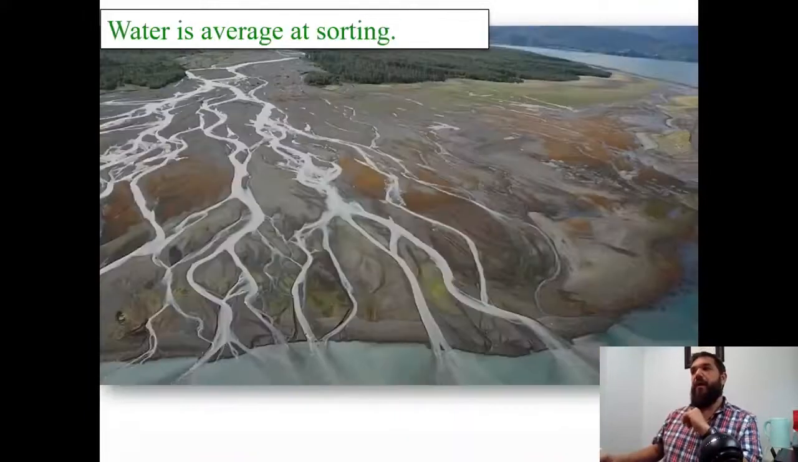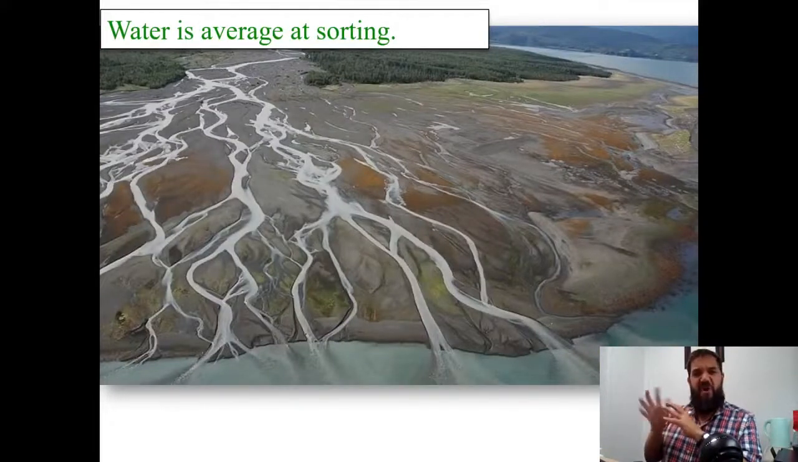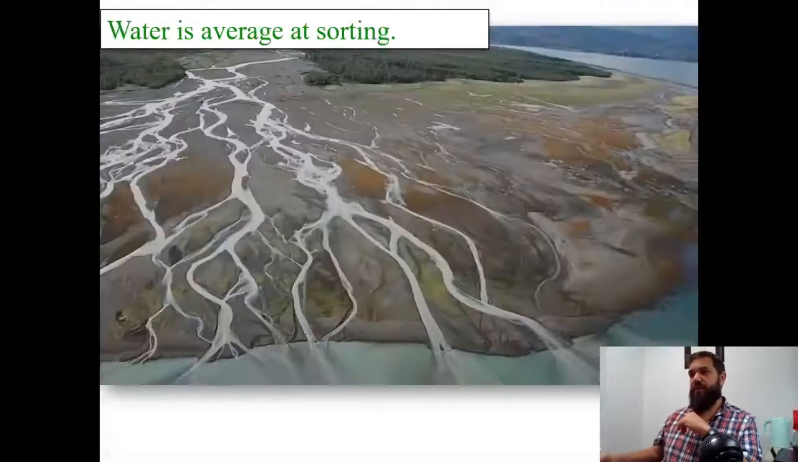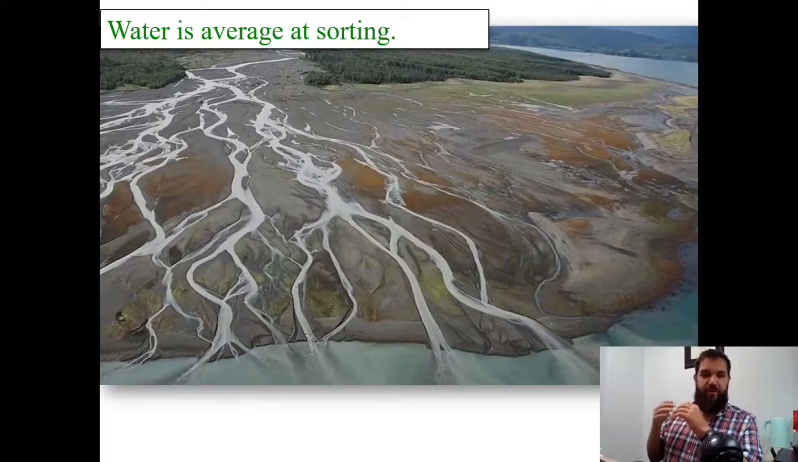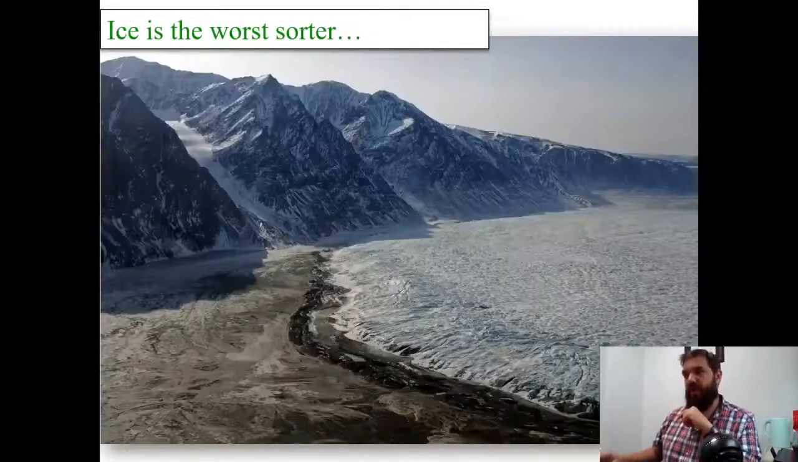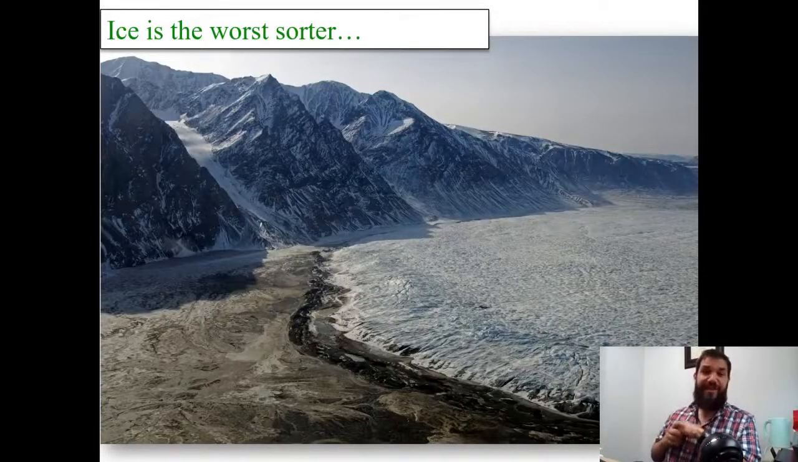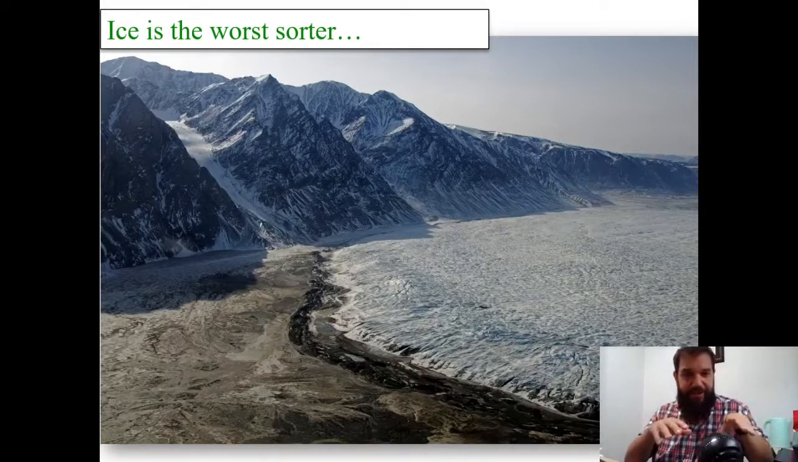Okay. Water is kind of okay at sorting. It can sort, but it's not the best. Water can obviously sort out silt and clay and sand. But the worst sorter, the thing that does the worst job at sorting, is ice. Glacial ice, and I know this is a weird idea, but I'm going to tell